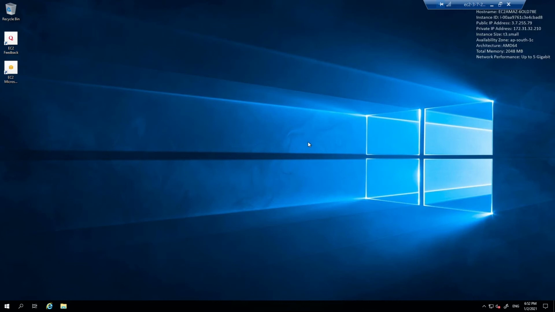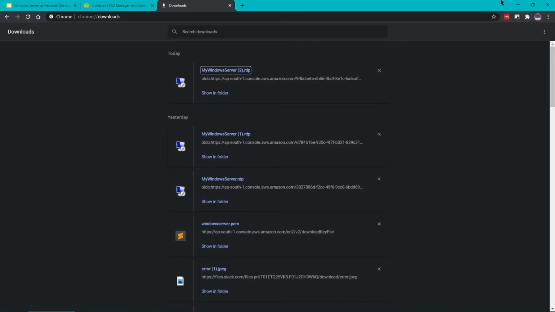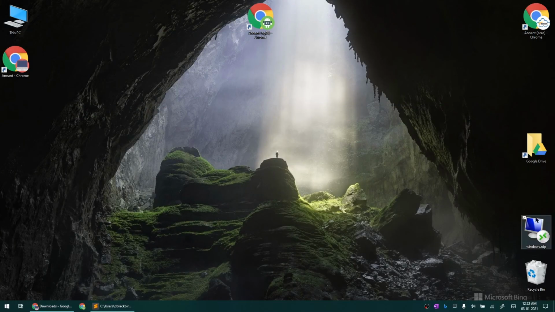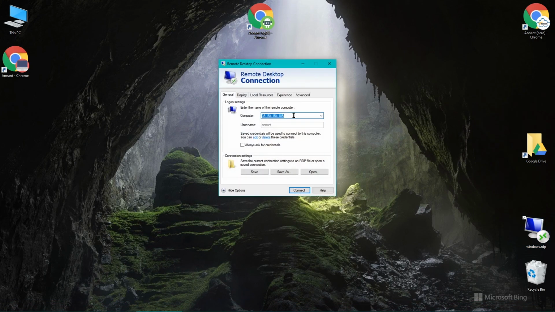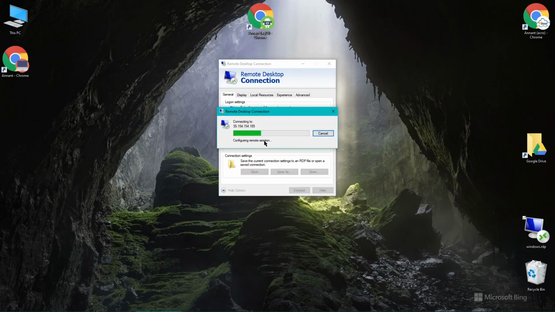Now let's take a look at the live example. So I'll show you the server that I use daily. Okay, so I'll close the server. So what I do is usually I take a Windows RDP file and save it on my desktop. So I go save this file and edit it. I just change the IP address of the server that I use, and then I save my credentials as well and click on save and then simply connect. So it does not ask me for anything, it simply connects.